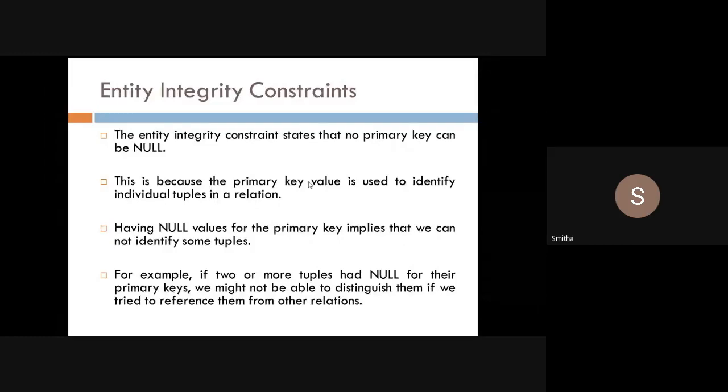Because if you have more than one relation, and both the tables are describing one particular entity, then if we don't have any value for the primary key, we cannot refer to that from the other relation also. If you don't have USN in the other relation also, how can I integrate using USN? I'll clear this first by giving an example, students. Otherwise you have to imagine. So I'll give a better example.